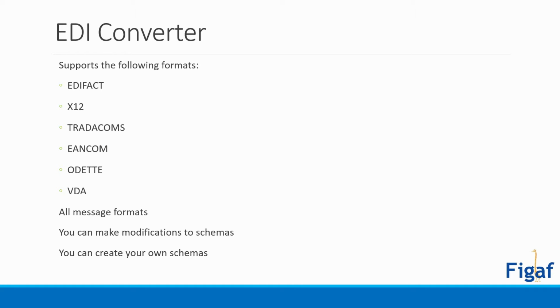So the main thing about the B2B add-on, it's an EDI converter. It's able to convert EDIFACT, X12, Tradacoms, ENCOM, ODETTE, and VDA files from text to XML. And as far as I can see in the EDIFACT and X12, it does contain all the different information that you need for this to function. So it is quite a comprehensive suite if you want to use this. It doesn't support the Swift messages,